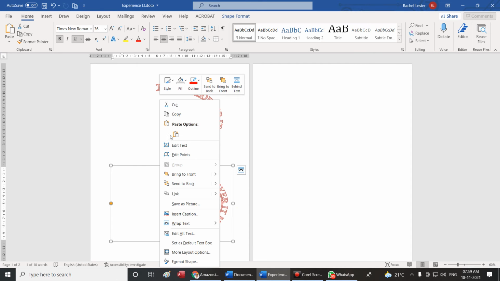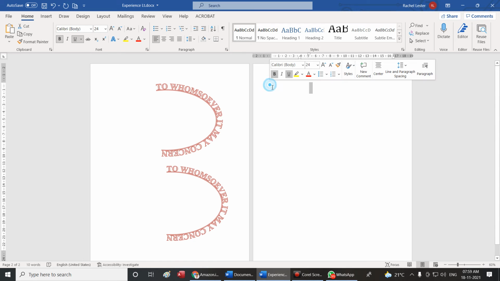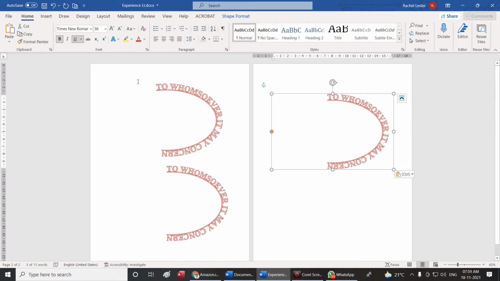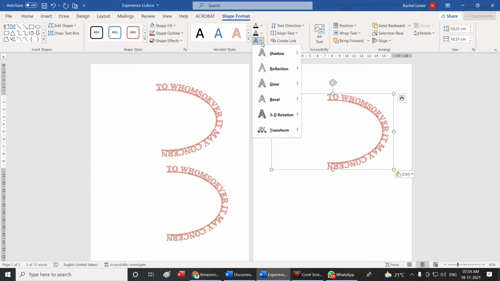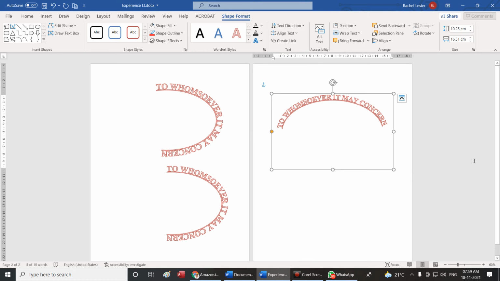I'll copy, I'll insert my cursor here somewhere, and then I will go for one more insert. I want it in different ways. I'll go for shape format, I'll go to transform. One could be this way, to whomsoever it may concern. If I'm giving you the same experience letter using something like this, it looks more neat.